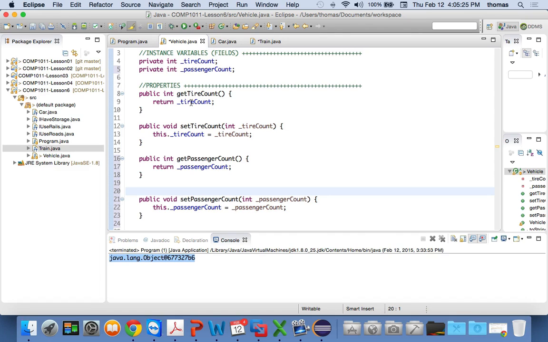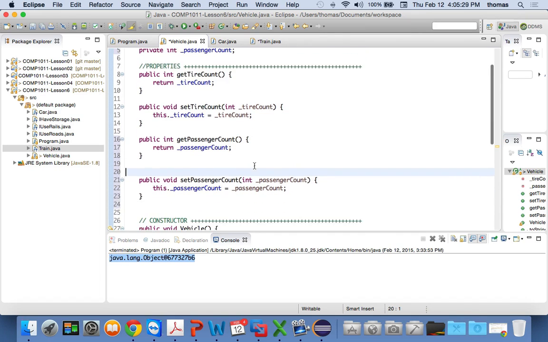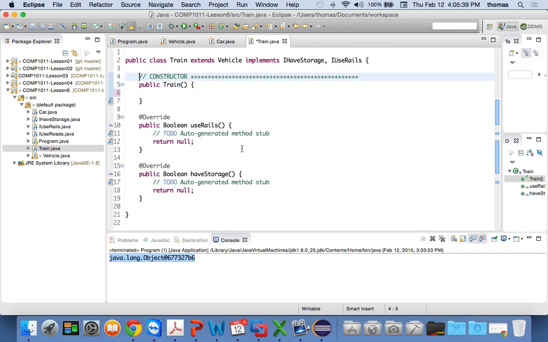So this is the properties and variables of the vehicle class. I just added a couple more things, which means, because I added them to the abstract class Vehicle, my car and my train now have access to those things. So I only need them for my train count. And what I'm going to say is this: